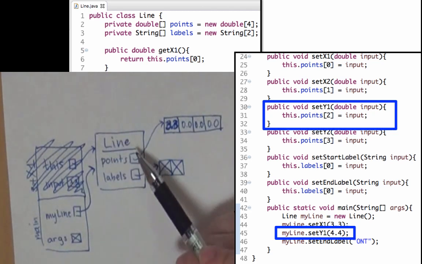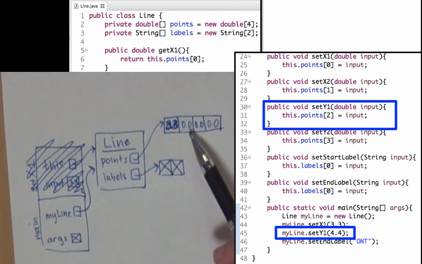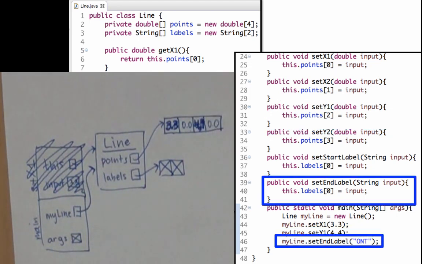So this is that line object. And then I'm going to set points at index 2, so index 0, 1, 2, and I'm going to set that to be my input, which was 4.4. Okay, now